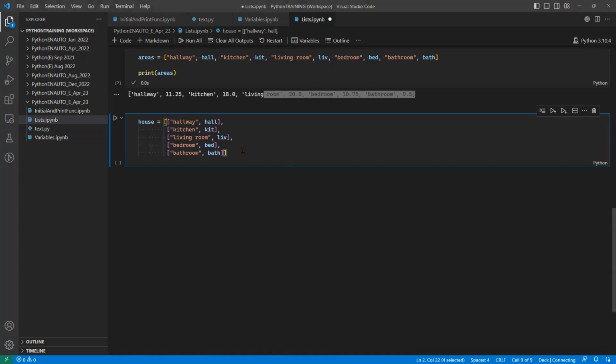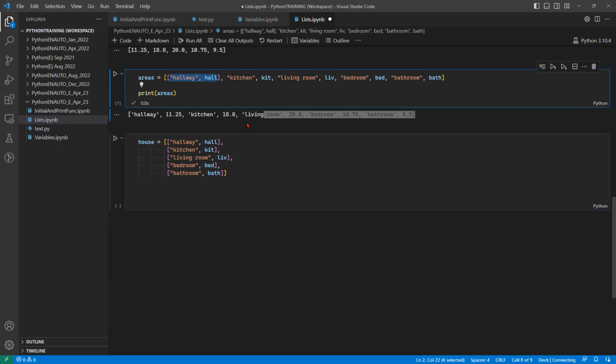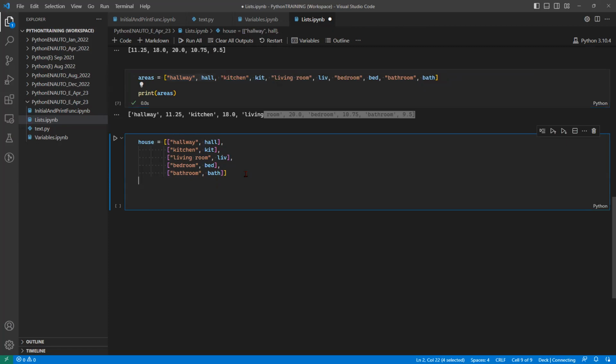So this is the list house. It can be in a single line also, by the way. Don't get confused here. I could have just picked up this list and put the square brackets in the proper places. So this one will also become the same thing. It can be in a single line also, not a big deal. So this list house,